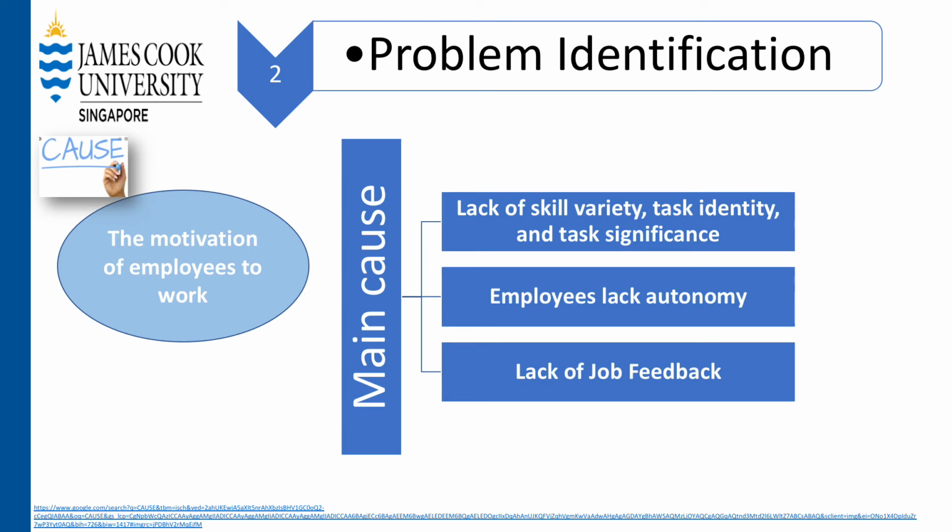The main cause of this problem is the motivation of employees. According to the job characteristic model, Helen's employees are not meeting core job dimensions, which is a lack of skill variety, task identity, and task significance. In this part, task significance is more vital for Helen's employees because employees are assigned tasks, and these tasks must be fulfilled based on Helen's goals of competing with international companies in Japan.